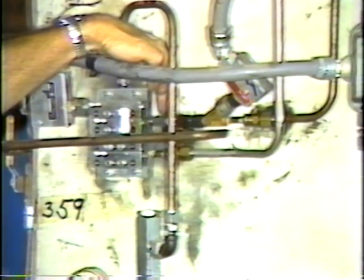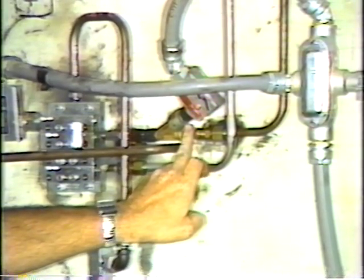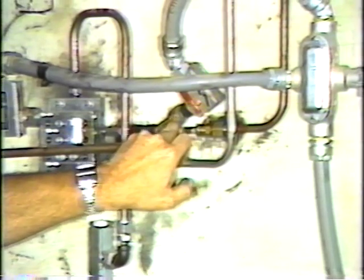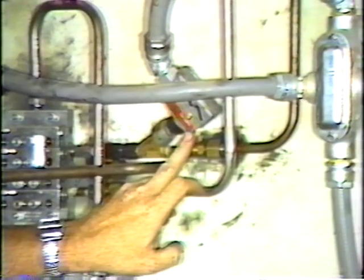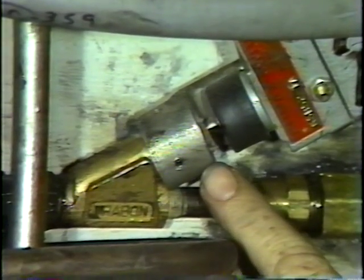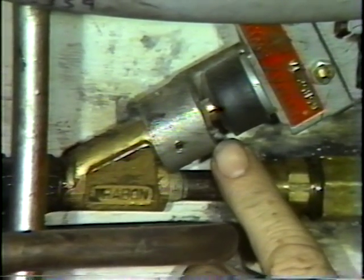The primary line here goes into the inside of the pulverizer. The grease travels through a broken line indicator switch here. As the grease is pumped through, there's a pin in here that actuates this limit switch. Now this limit switch has to be maintained for several seconds, otherwise we get an indication to our computer that we have a broken line. As you can see, the pin is still extruded and it has the micro switch made. The grease then travels on up